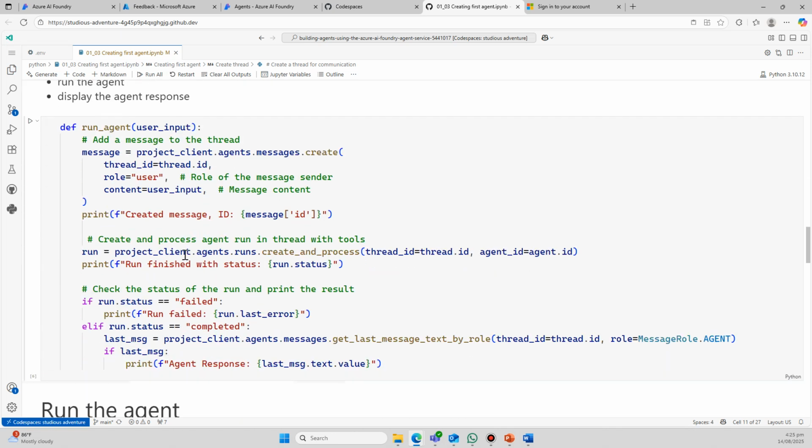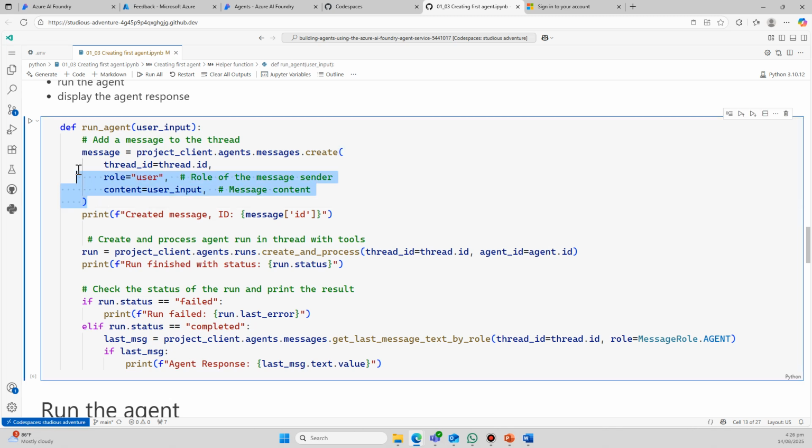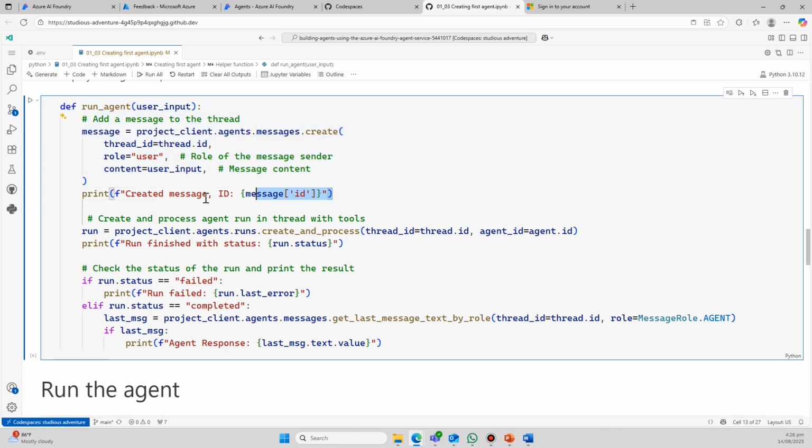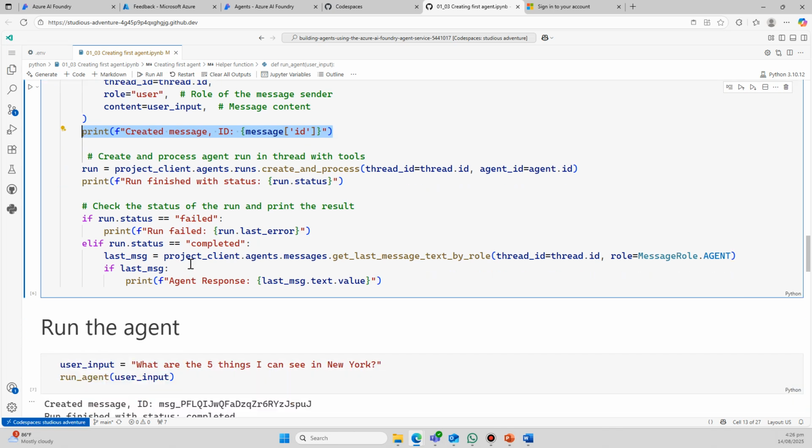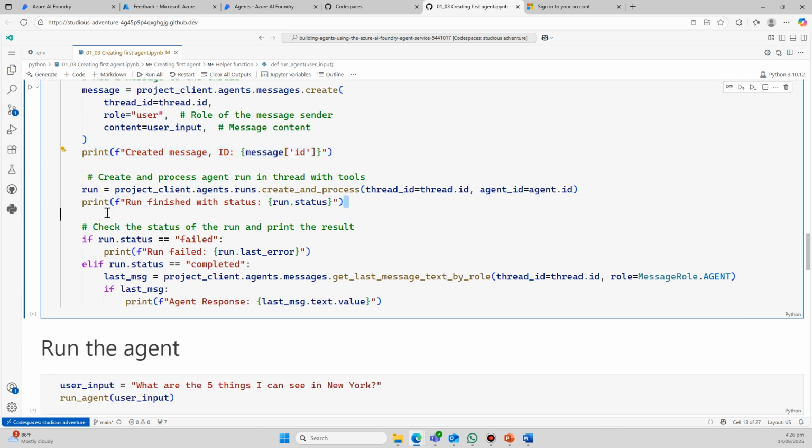And we create this simple helper function to run the agent. What does this helper function do? So remember in the PowerPoint presentation I showed earlier, whenever you run the agent, you need to first create a message, in which case we are creating a message based on the user input. This is the query. So we create a message, we print out the message ID, which is not necessary, and we simply run the agent.